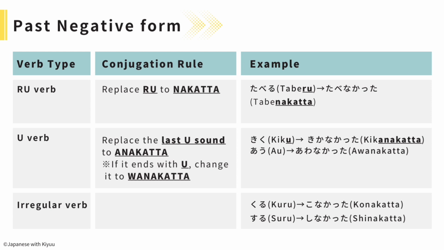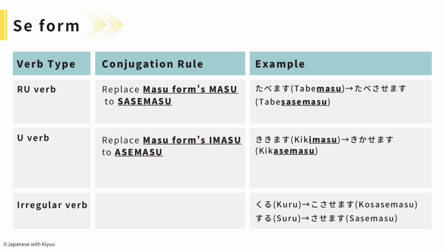Past negative form: る verb, replace the last る to なかった. For example, 食べる is 食べなかった。う verb, replace the last u sound to a sound and add なかった. For example, 聞く is 聞かなかった。If it ends with う, change it to わなかった. For example, 会う is 会わなかった。Irregular verb, 来る is 来なかった。する is しなかった。